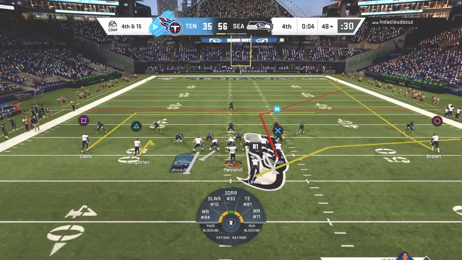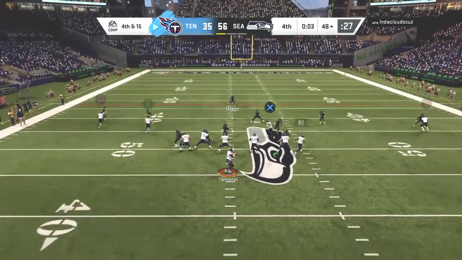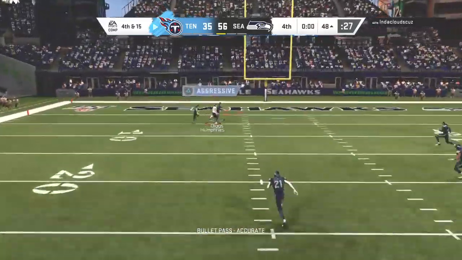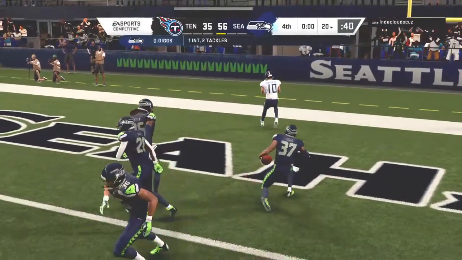Tannehill staying out there. They're going to go on 4th down. One last throw here for Tannehill. He's going to let it fly. And it's intercepted at the goal line. Picked off by